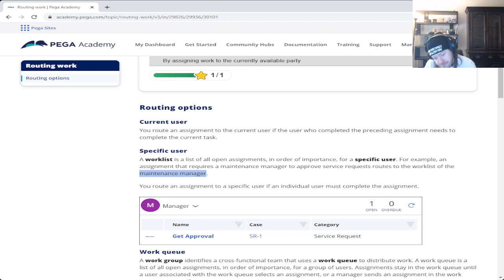They will make the final call depending on where they want to direct things. If you have work that needs to go to them for some reason, then that would be considered the specific user, right?